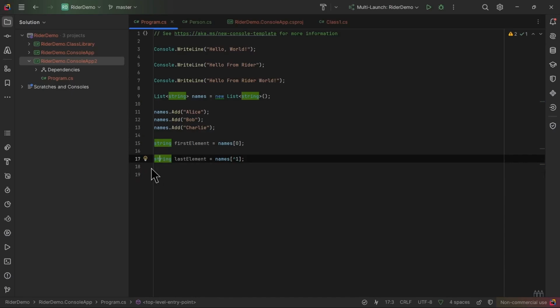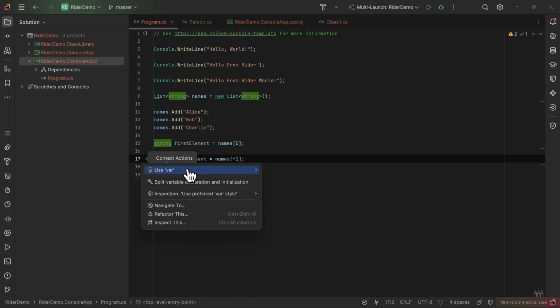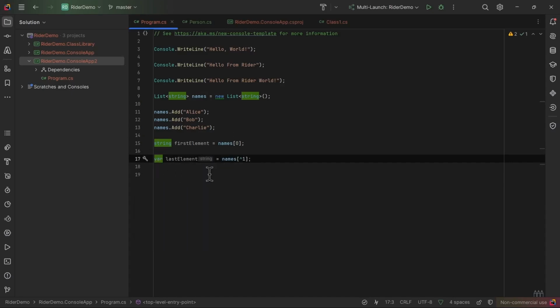Another example would be using context actions, either with the keyboard shortcut Alt-Enter or Ctrl-. if you have imported a profile from Visual Studio, to replace strongly typed variables with the var keyword. As we can see, after such a change, this string type has been automatically replaced with the var keyword. On the other hand, above, where we previously initialized the variable names as a new list for the string type